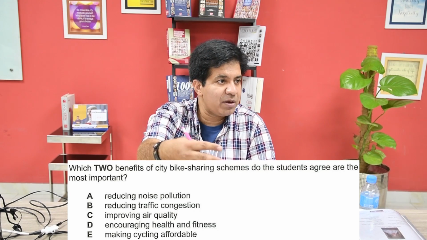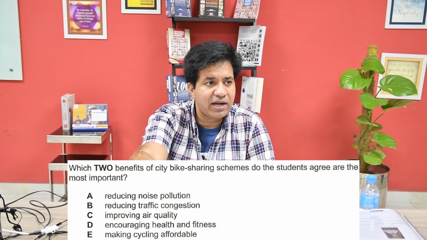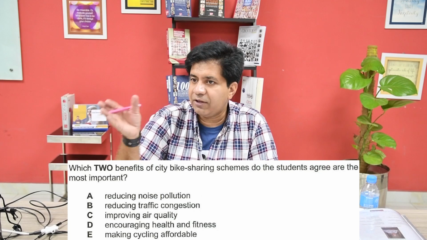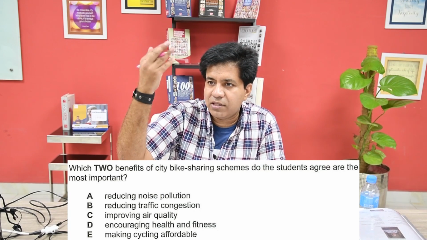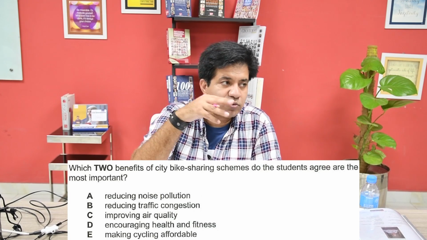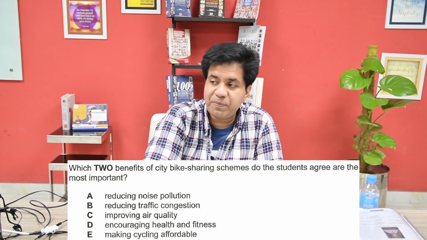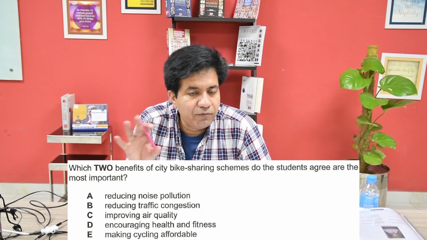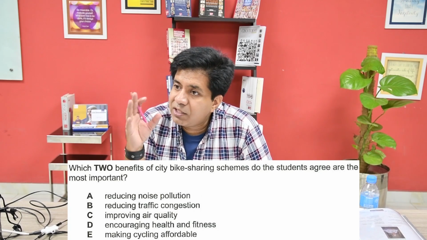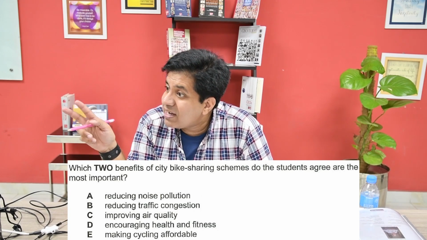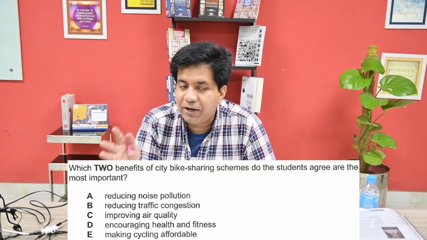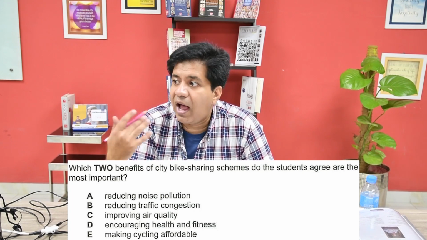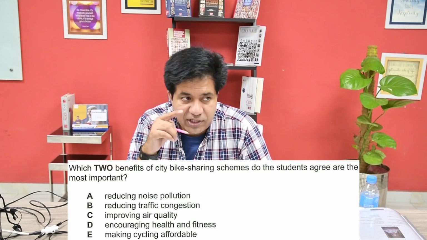One person tells one benefit, other doesn't agree. That is not right answer. Other person says something that there is another benefit and the first one will say, I don't think this is a plus point. So you need to see their agreement on these benefits. So it means they will discuss all 5 benefits one by one, right? But on 2 benefits both will agree that yes, that's right. And for agreement they usually say, yes, you are right. Yes, I understand, or I am with you. I got your point. Yes, absolutely.